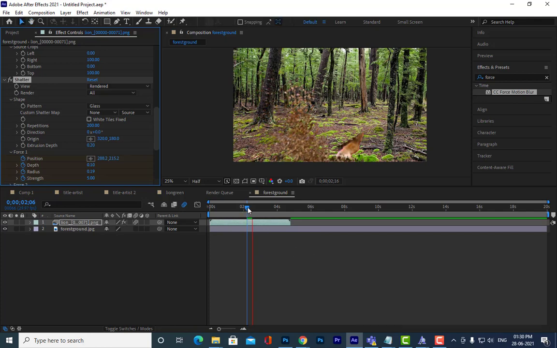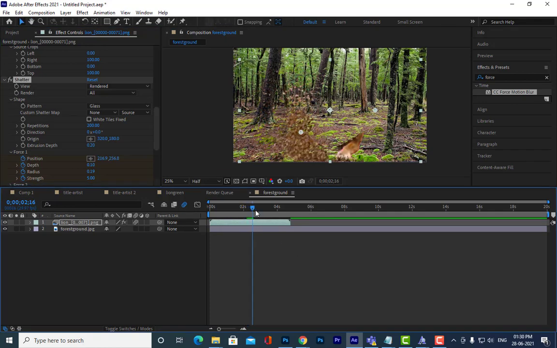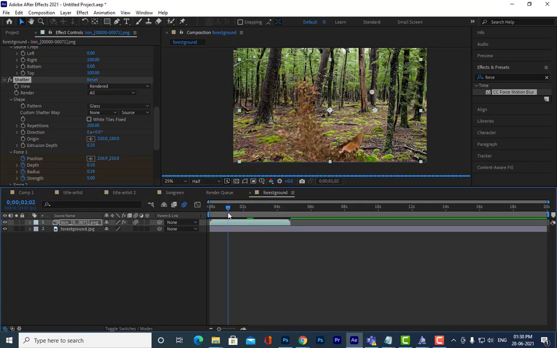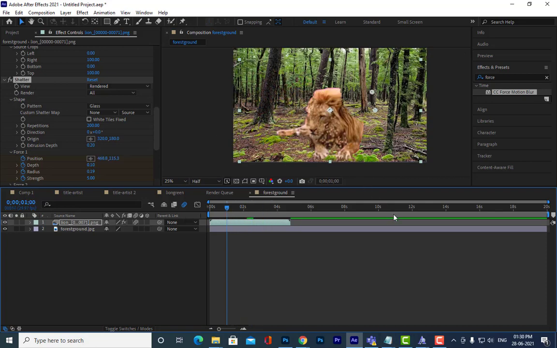Are you all able to understand? Yes, sir. See how much slow it's taking. Actually my system has higher configuration compared to even our institute systems.